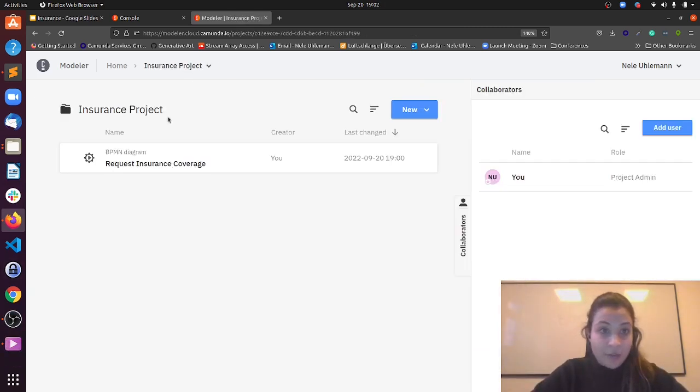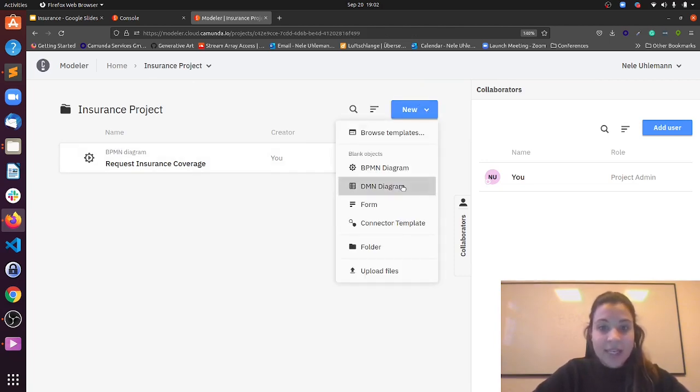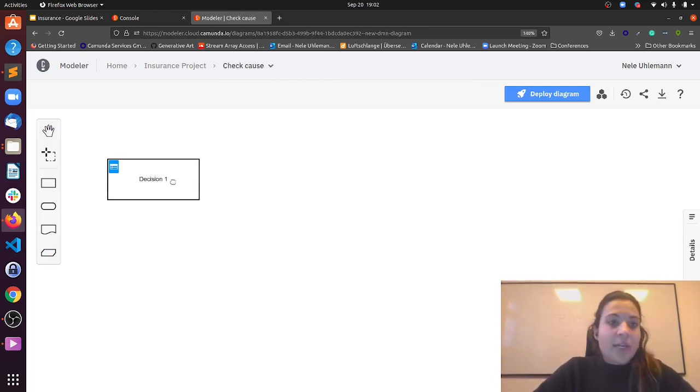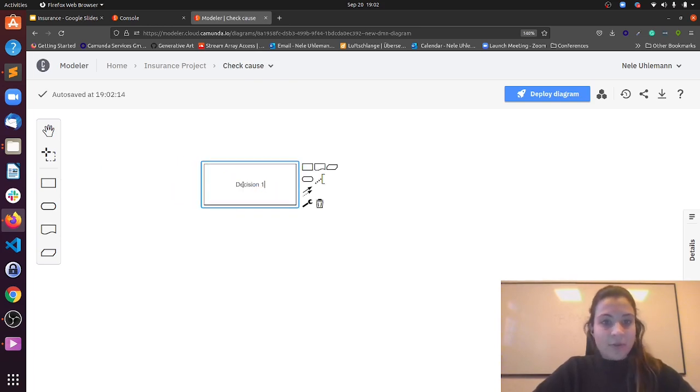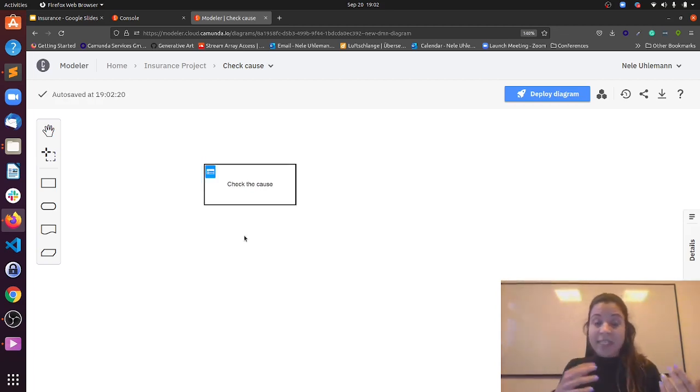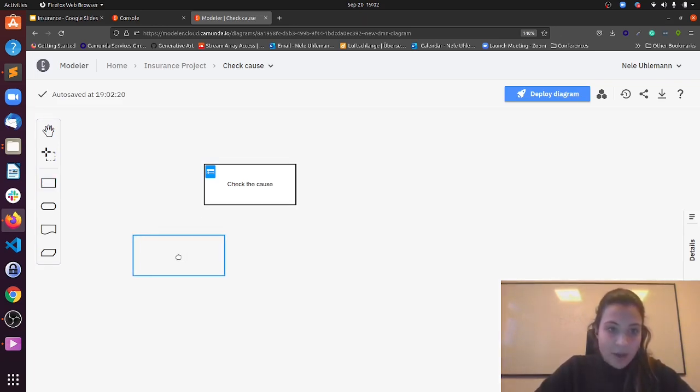I go back to my folder, and here I can now create a DMN diagram, and we are here at the check cause. That's how we can name it, and that's actually maybe also the last decision we want to make here is check the cause. And the other boxes we had in our BPMN diagram, we are bringing back now into the decision logic. So if you remember, we had this